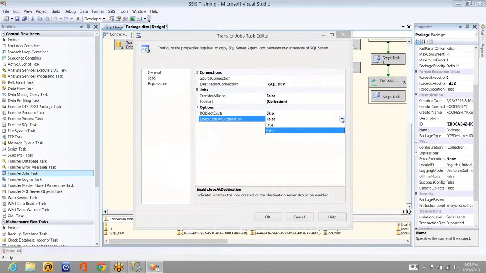See, let's say there is a job which triggers every 1 minute. When you schedule to move the jobs tonight, by the time you come tomorrow morning, every job will have been triggered some hundreds of times. So by default, it will be disabled if you set it to false. Until you enable it, it won't trigger. Even if it is scheduled to run, it won't run until you enable it. Or if you want to enable it after copying, then you can set it to true. I'll show you the difference.